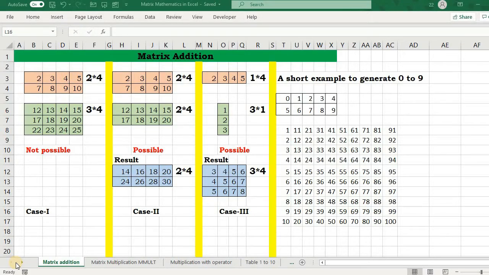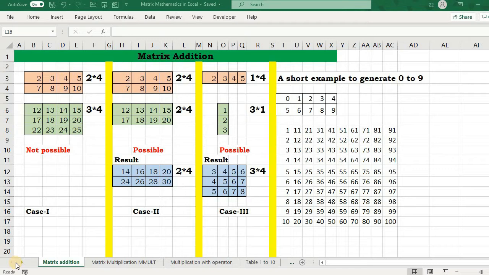In this video, we are going to be talking about how we can perform different mathematical operations on an array or matrix. This video will completely equip you with a fair idea of how Excel deals with arrays or matrices, and also about a very important function, that is the MMULT function, and its practical application.